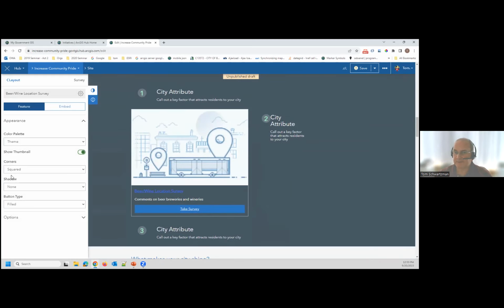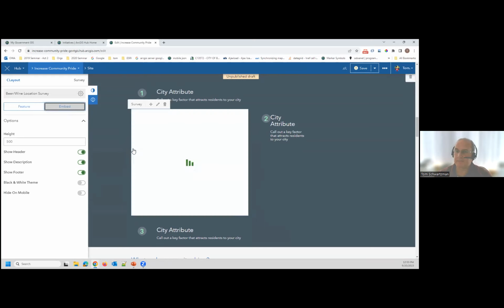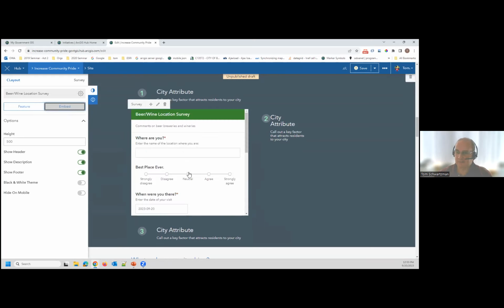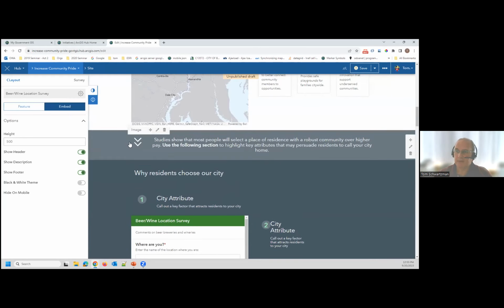And it's going to put it in there, and I can actually say I don't want you to have a link to it, but I want to embed it. All right, and now that survey is embedded in this page, and people can interact with it while they're looking at the page, right? So that's kind of cool as well. So there's lots of things there.